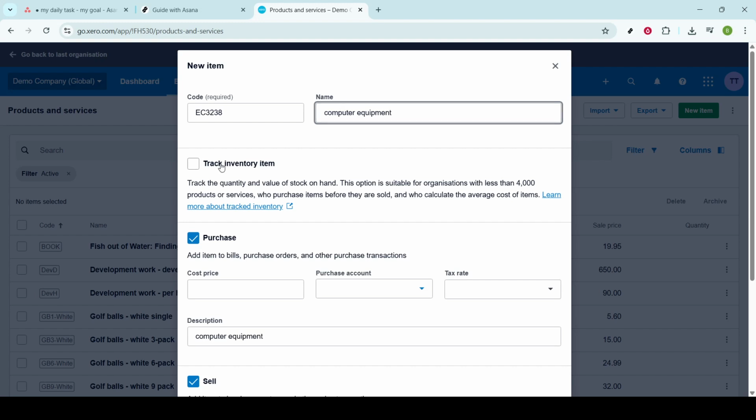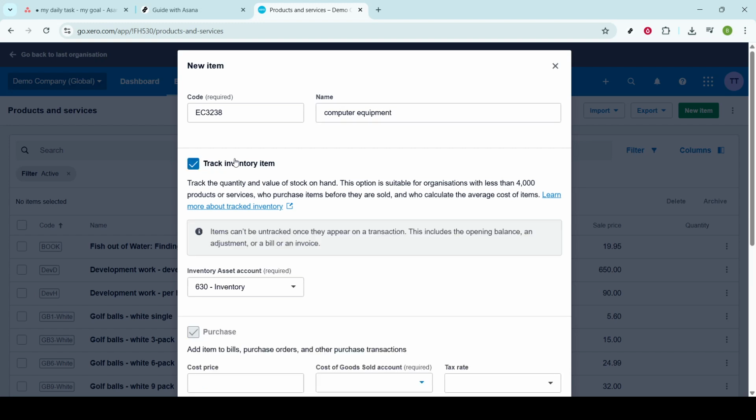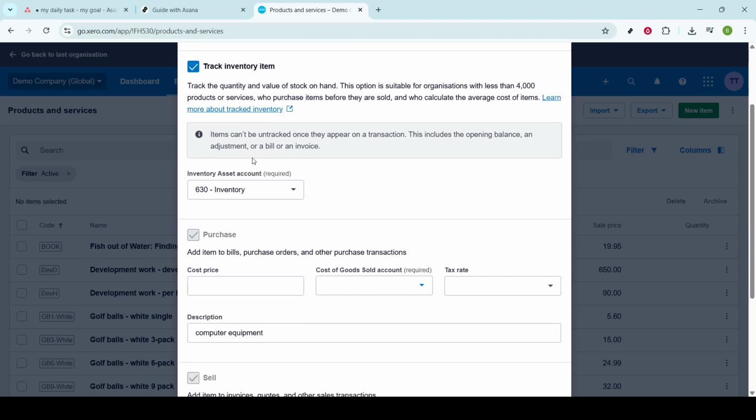After setting this up, indicate whether the item will be used for purchase or sales transactions. This helps Xero categorize and manage your transactions more accurately, depending on how you plan to use the item. Next, enter a default price for the item. This price will automatically appear during sales or purchase transactions, which can save you time and reduce the chance of